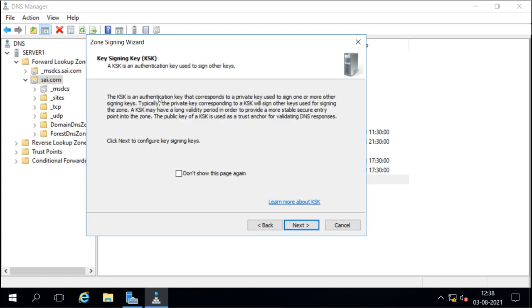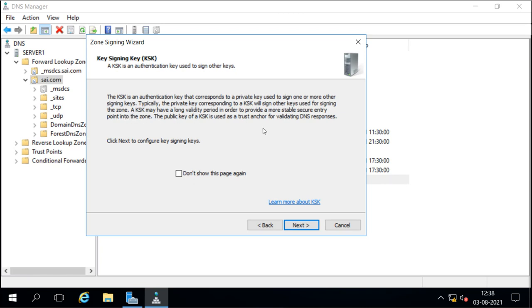The next step is the key signing key. That means the key which is used to sign the key. This key is an authentication key that corresponds to the private key used to sign one or more other signing keys, and typically the private key corresponding to a KSK will sign other keys used for signing the zone.